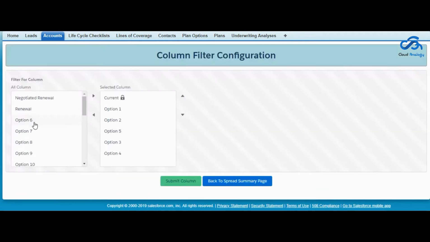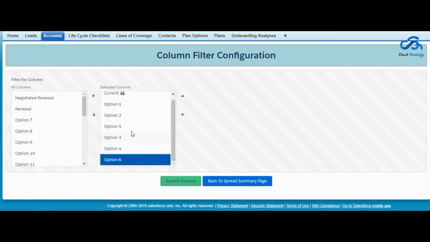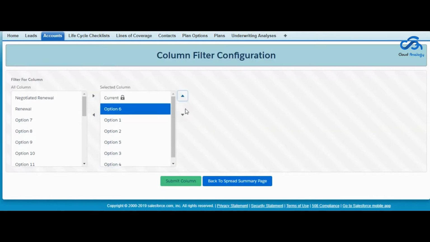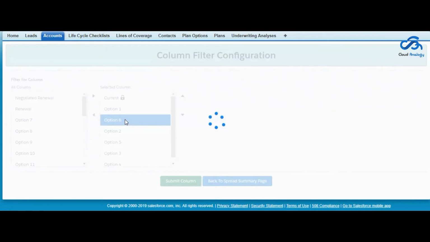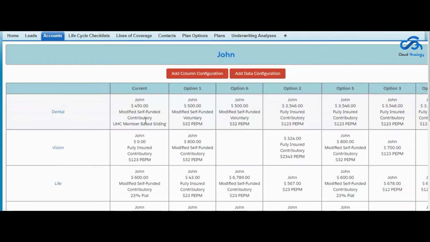If we want to add option 6 after option 1, then we can also customize this. Now you can see option 6 has been added after option 1 in the spread summary page.